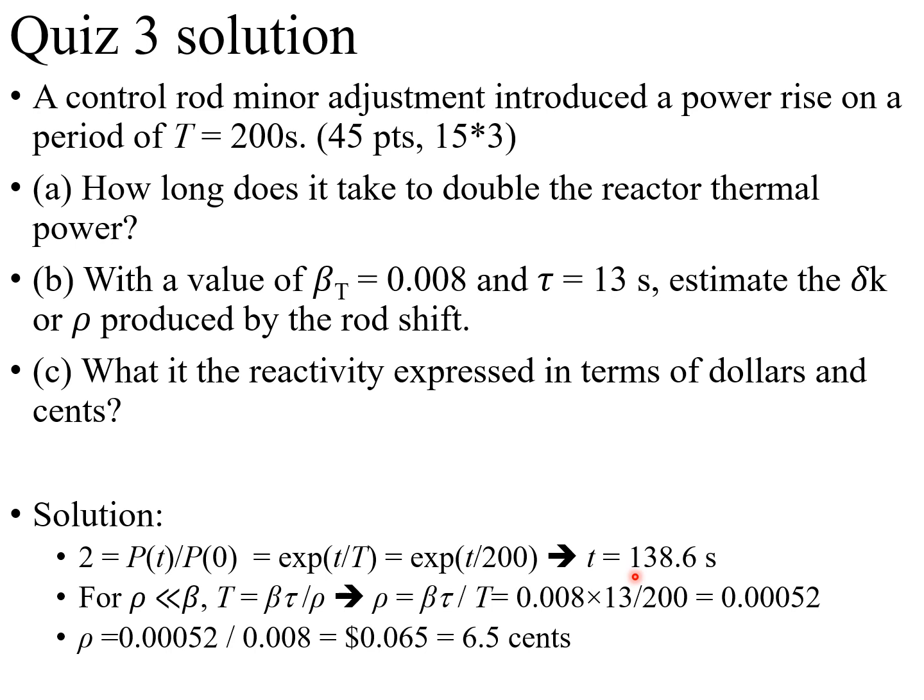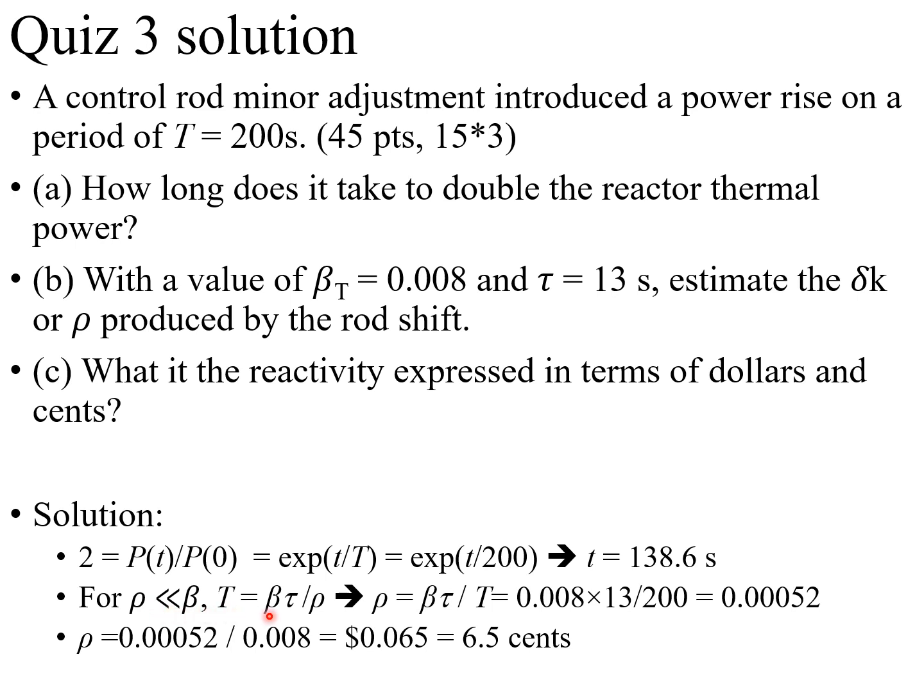Problem B. With the value of beta total equal to 0.008 and tau equal to 13 seconds, estimate the delta K or rho produced by the rod shift. For this problem, we have a minor control adjustment, so the introduced reactivity will be relatively small compared to the beta. Therefore, for rho much smaller than beta, the reactor period T is